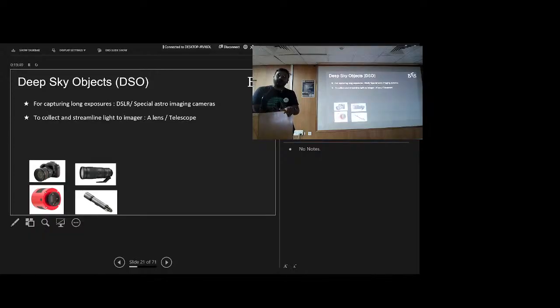Now, in order to collect the light, the imager is where the light falls, right? But how do we collect the light? Just like in the morning, Akash was mentioning the light bucket: the bigger the bucket is, the more light can be collected. On the other hand, if I keep the bucket outside for a longer time, I can collect more raindrops. Keeping it for a longer time is nothing but exposing it for more time. So we will also need a lens, a conventional lens, a telephoto zoom lens is also okay,